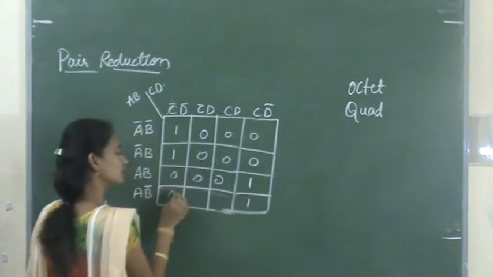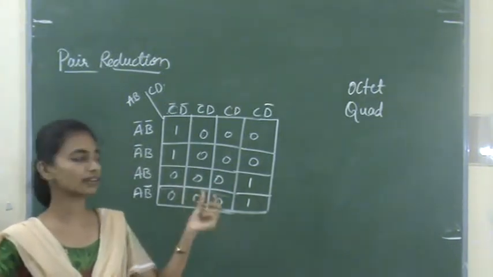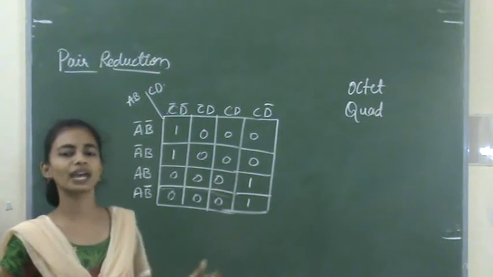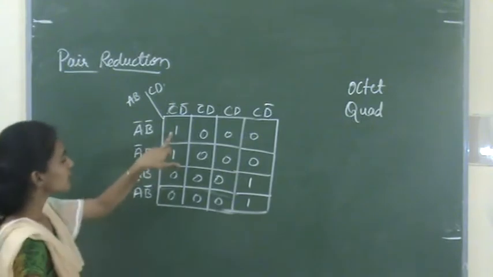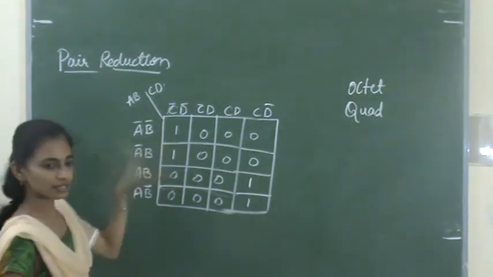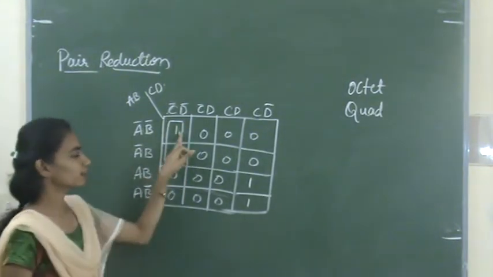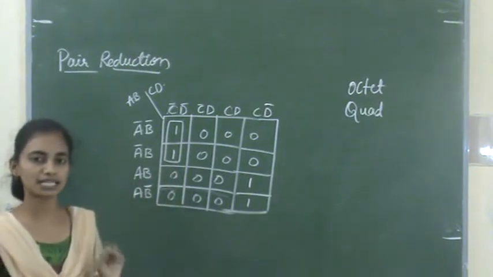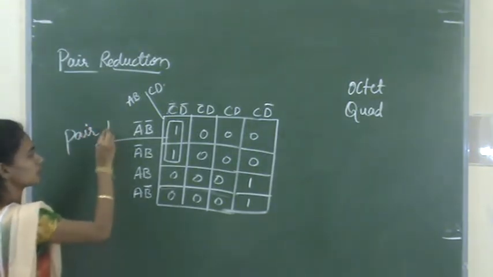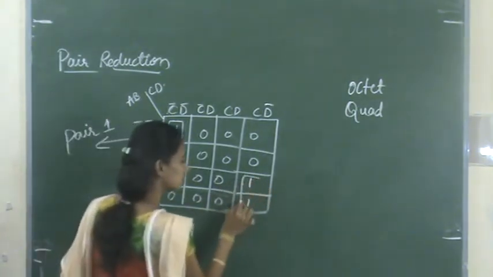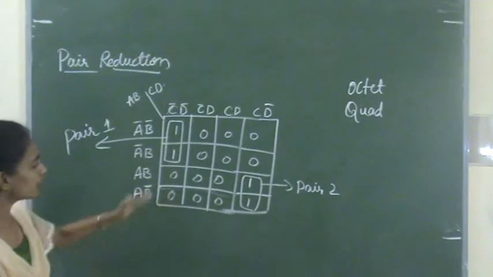So how can we write this? With the help of the given expression, right? They are given the expression, so based on that we have to put the zeros and ones. See here, these ones are adjacent ones, one after the other. If we encircle the 2 adjacent ones, we call it a pair. So this is pair 1 and this is pair 2. Okay, so how to reduce these variables?